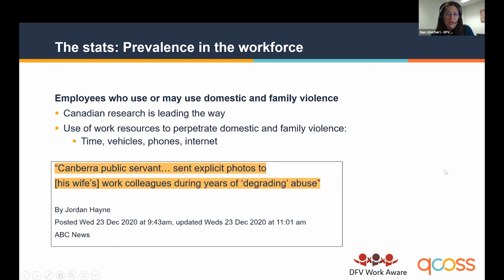Now, as I'm walking through here, you may notice in my language that I'll often talk about the person using violence, or the employee who uses or may use violence, rather than saying the perpetrator. And that's because it's part of a growing conversation around how violence is a choice. And people who are using violence are choosing to use violence. And when we say person using violence, what we're saying is that's not okay, and we want and expect you to make better choices. So overall, what that means is that domestic and family violence is being experienced and it's being used during work hours, and it follows people to work from home.